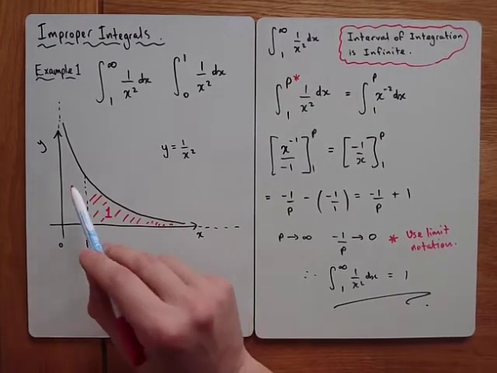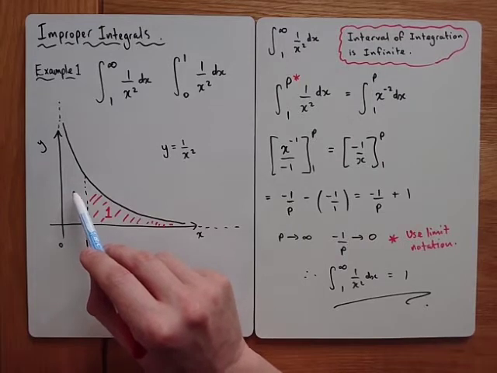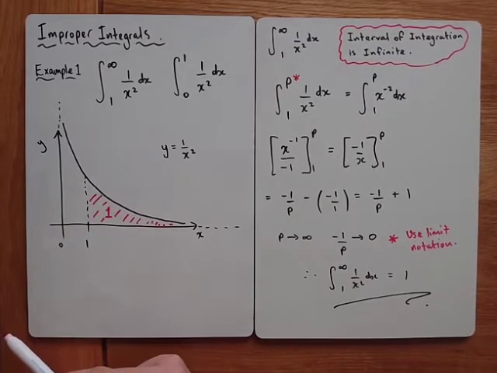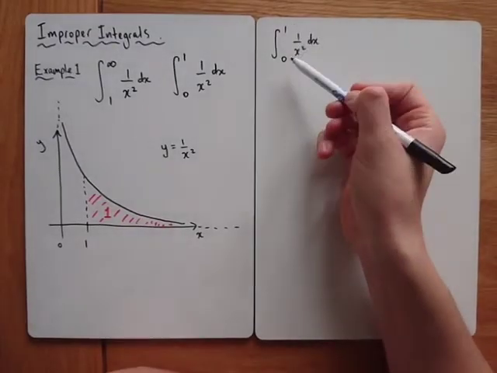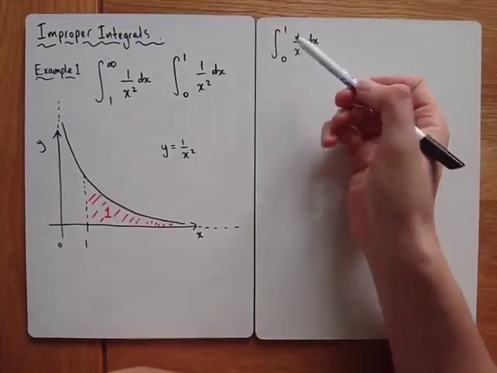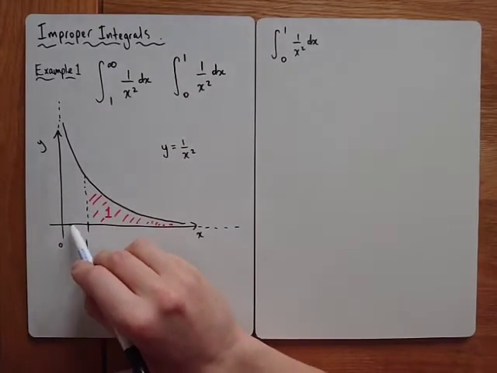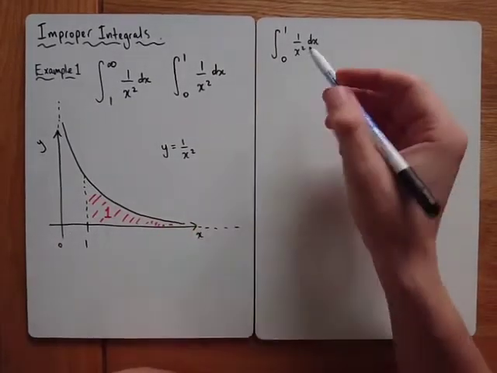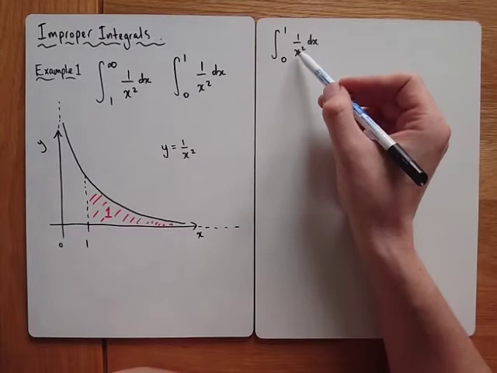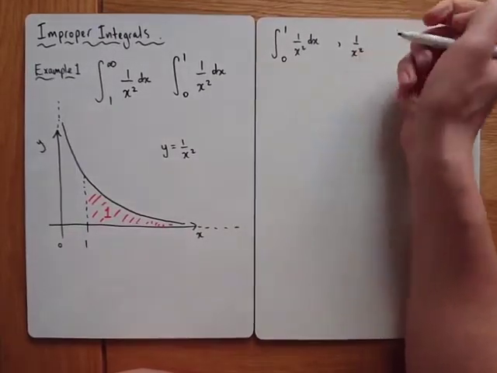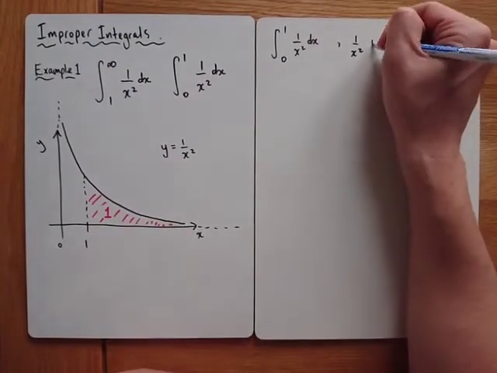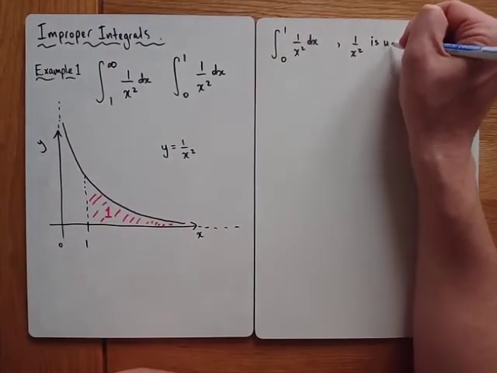Okay. Now let's see if this one has a value, or if this one tends towards infinity. Okay, let's try this next one. So if we're going to say why this one is an improper integral, we're not going to say that the interval is infinite. The interval is not infinite, is it? This is our interval, we're integrating between 0 and 1. Instead, the problem lies with this limit and the function. So I would say 1 over x squared, like name the function, and then say it is undefined